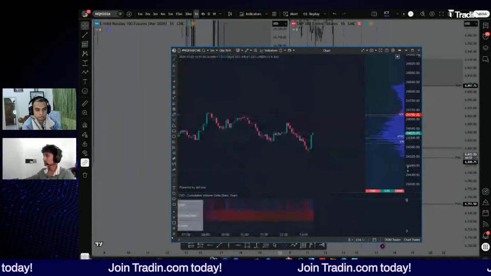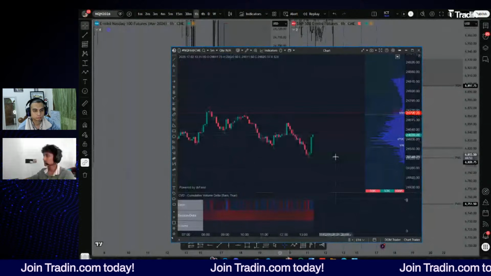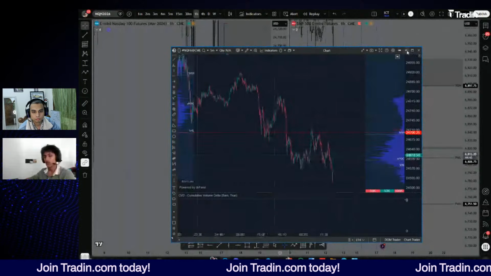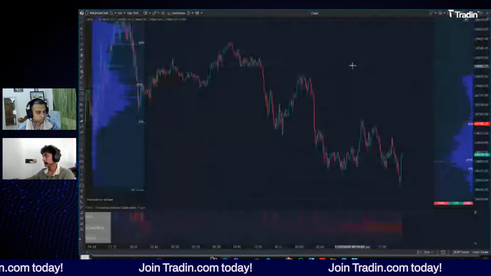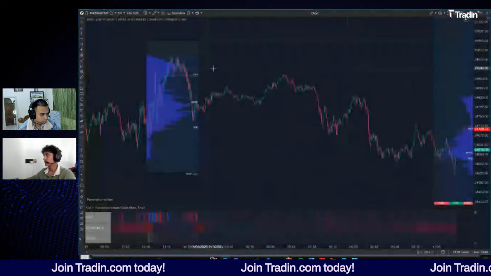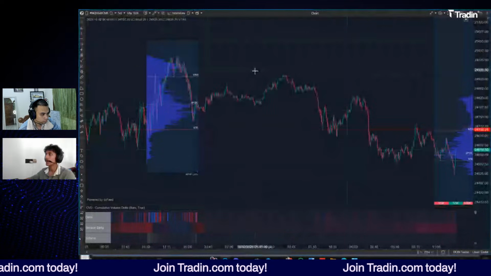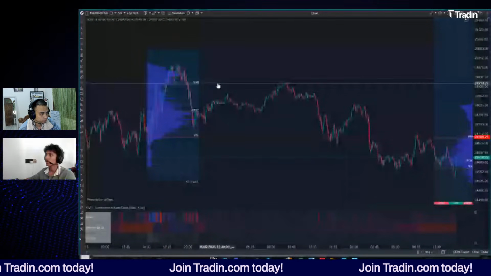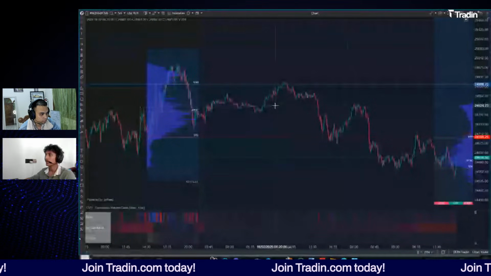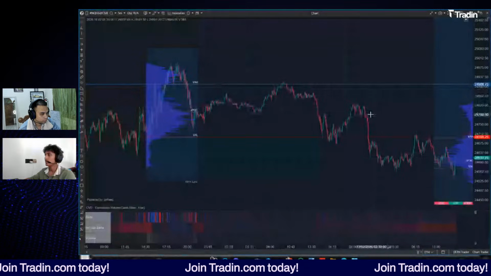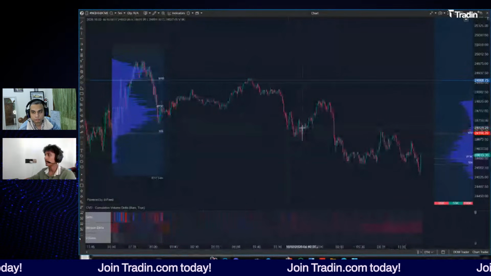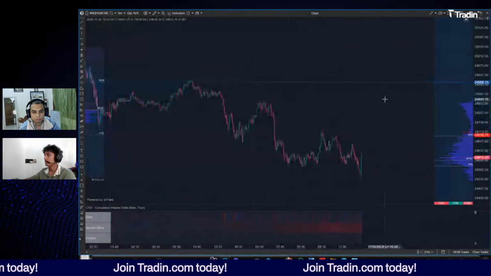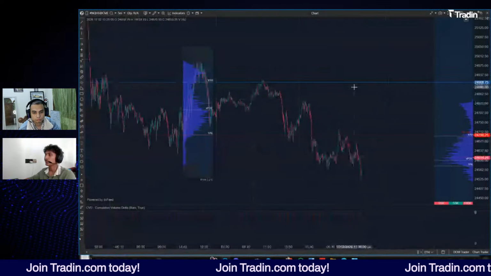I'll show it like that. You see how we retrace? I can show you. So this is the Friday regular trading hours session. I'll draw the volume profile in it. So you see how we respected the value area during the bank holiday. We respected the value area low, and after we tapped it many times, we break, and then we retrace to it, and then break down again. So they are very interesting levels.